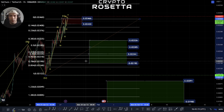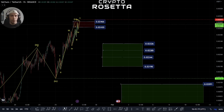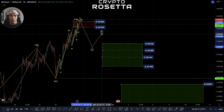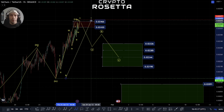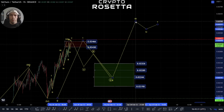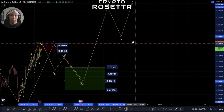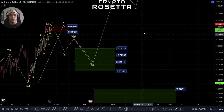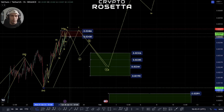So if we actually do come back down into this zone and we do so in an ABC, so a 3-wave move, it is possible that we could have a bigger structure here. This is not my primary expectation, but potentially this can still play out. So we'd have to bear in mind that if we do find support again in this zone, we could look to progress up in another 5-wave move, and this would then open up another idea which we're going